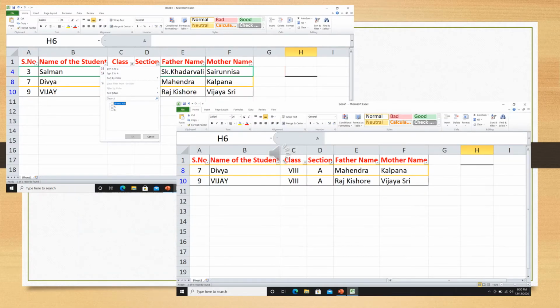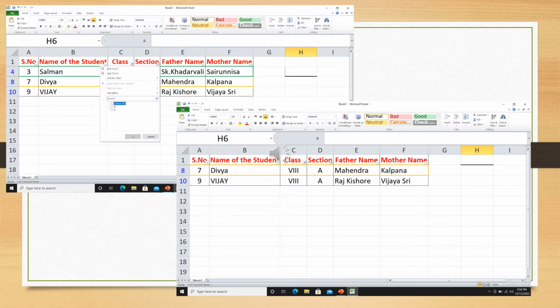Children, in the previous slide you have seen applying the filter for class column. Now second filter I want to apply for section column. So I have clicked on the section option so that it will display all the sections which are present in 8th class, that is C, A, A. Now as I want to filter the section column, or I want to see the data of the students who are studying 8th A only, so what I have done, I have removed select all option there and I have